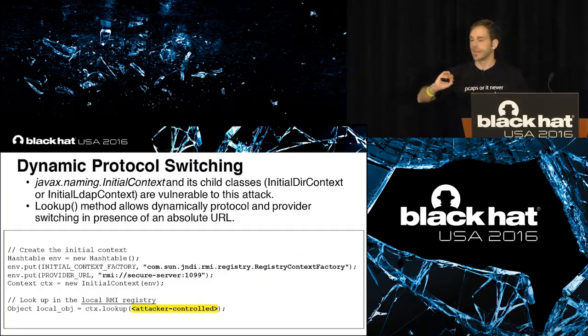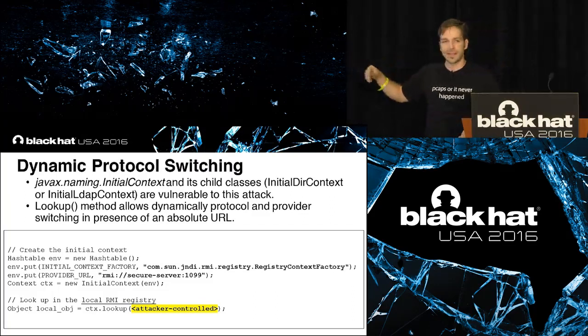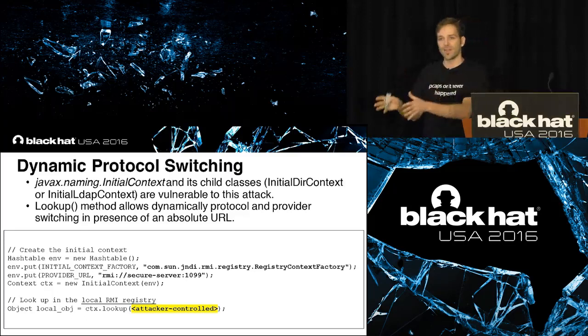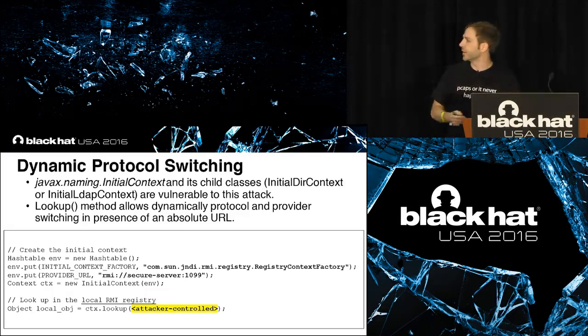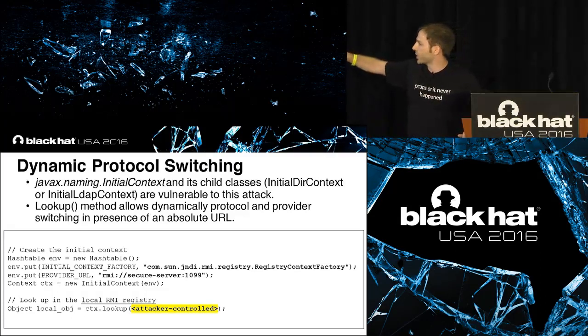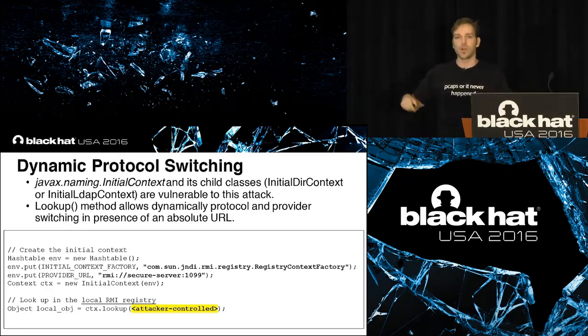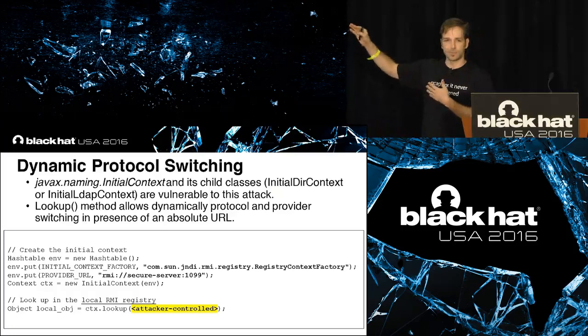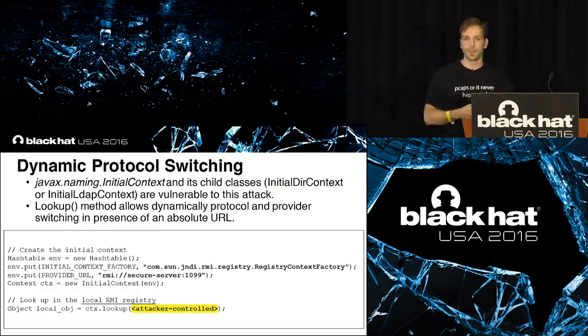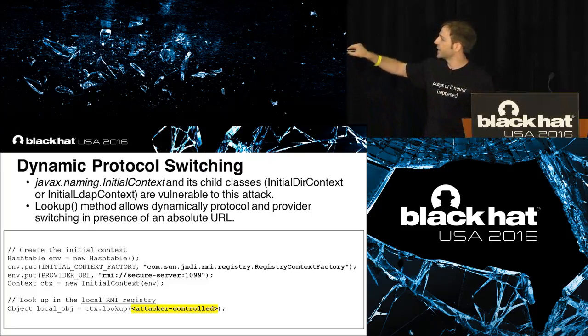So we said before that when we initialize a JNDI context, we configure it to work with a given provider type and with a given provider URL, right? So in this case, for example, we are working with RMI registry and with this secure server at this port. So if we perform a lookup, this lookup operation should be resolved relative to this provider type and provider URL. However, this is not true, and the reason is that JNDI implements something that we call internally